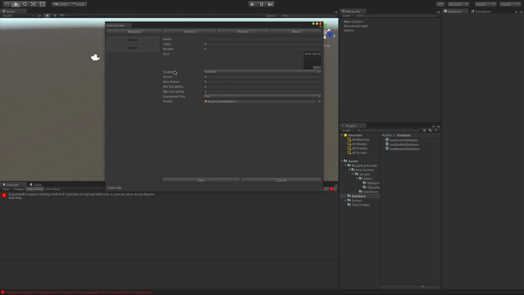So we have the quality that comes with the first part, armor. Max armor should change to current armor, I guess. Then we have min durability and max durability. Again, min durability could probably be switched to current durability as well, just to clear up some of the nomenclature. So let's do that first. But anyway, if we hit cancel,